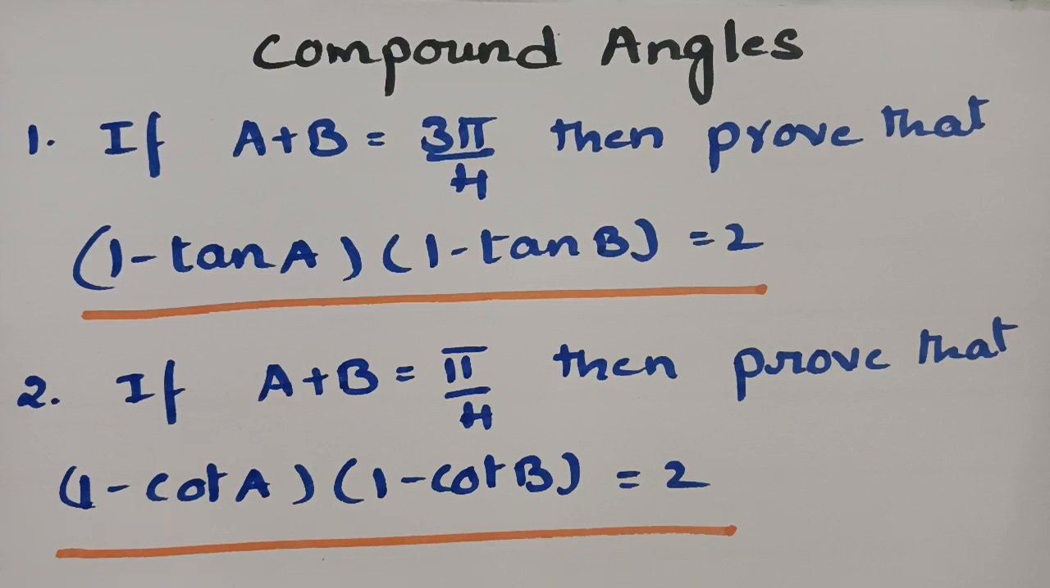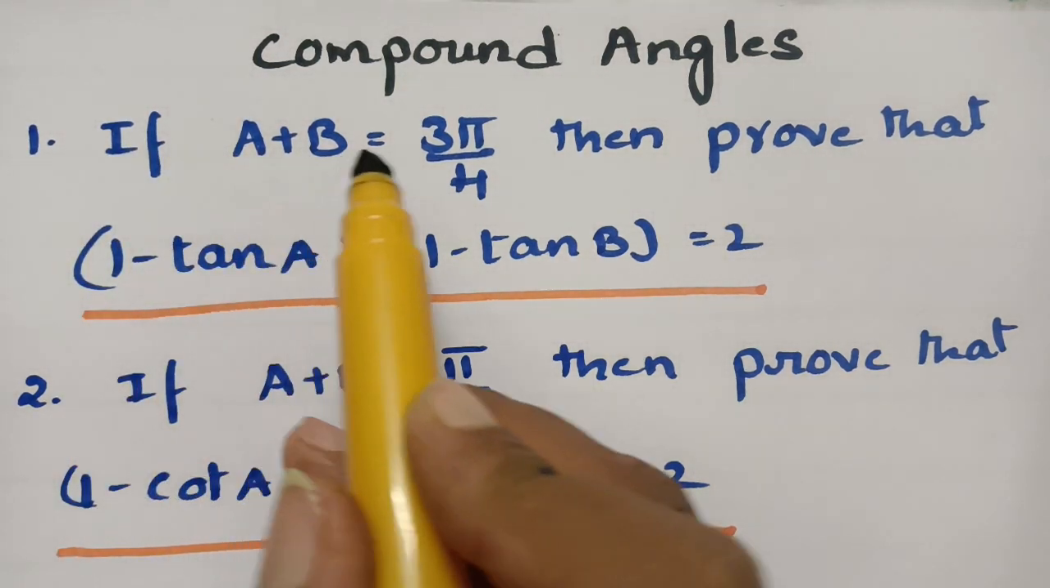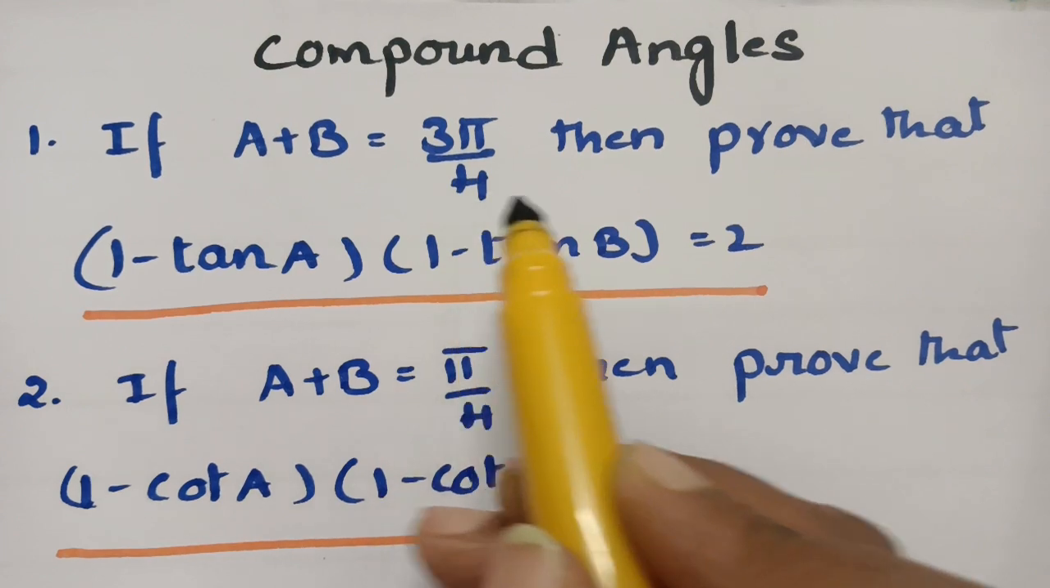Today's video is on compound angles. In today's video, I am going to give solutions for the most important questions. So, the first question here is: if a plus b is equal to 3 pi by 4, then we have